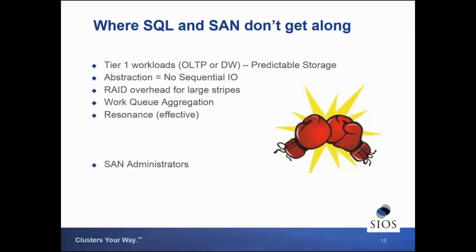There's another piece in here, work queue aggregation. This is something that I actually have seen in a production environment before. I was called in to troubleshoot a cluster crash, and they couldn't see anything wrong with the cluster itself, and to be fair, there wasn't anything wrong with the cluster. What had happened was the enterprise in question, and this was a very large enterprise, had a very large SAN, and the standard was to take all 15 drives in a tray and make one single RAID set out of it. And then they sliced that into 100 gigabyte